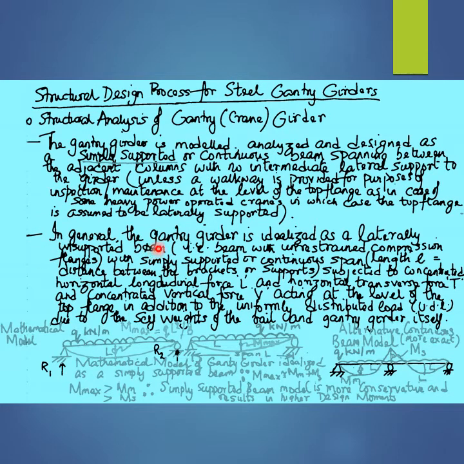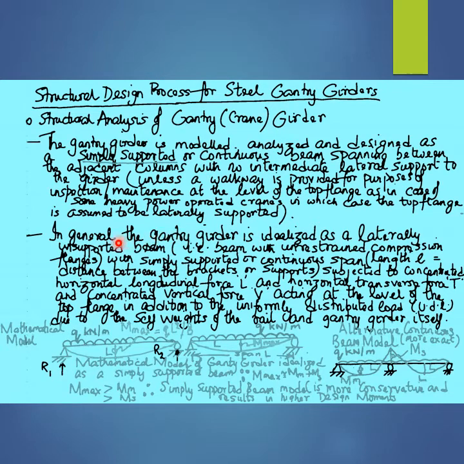In general, the gantry girder or the crane girder is idealized or modeled as a laterally unsupported beam, that is, beam with unrestrained compression flanges, that is spanning from column to column with simple or continuous supports,